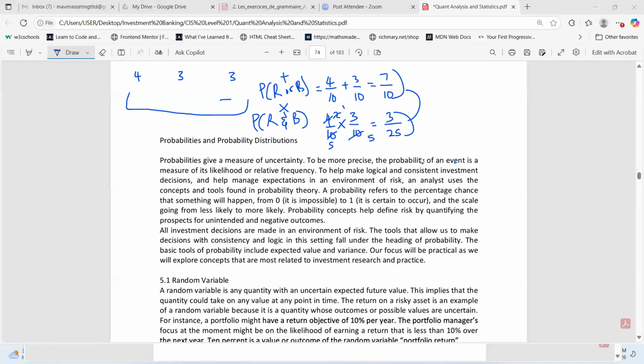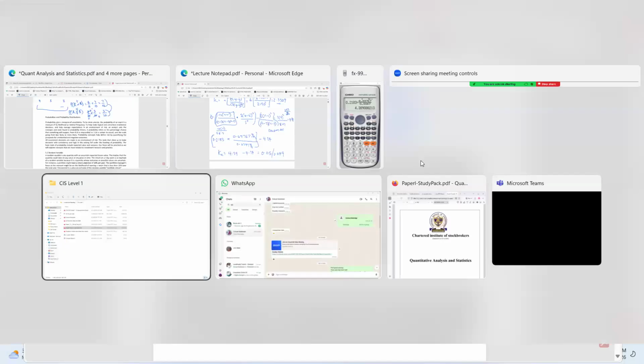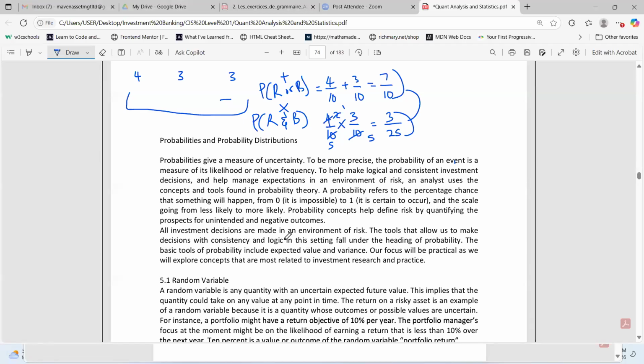Okay, so now that that is clear, let's delve back in. Oh boy, I was on the book before, sir. Yeah, so